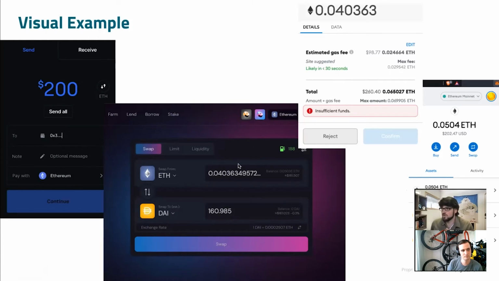Then I could go to this right here, which is SushiSwap. It's a decentralized exchange, so I could trade my Ethereum for DAI, which is a stablecoin. I could put in how much Ethereum I want to swap for that, and then hit swap. Gas fees are super expensive right now, so it would be $100 for me to do that,